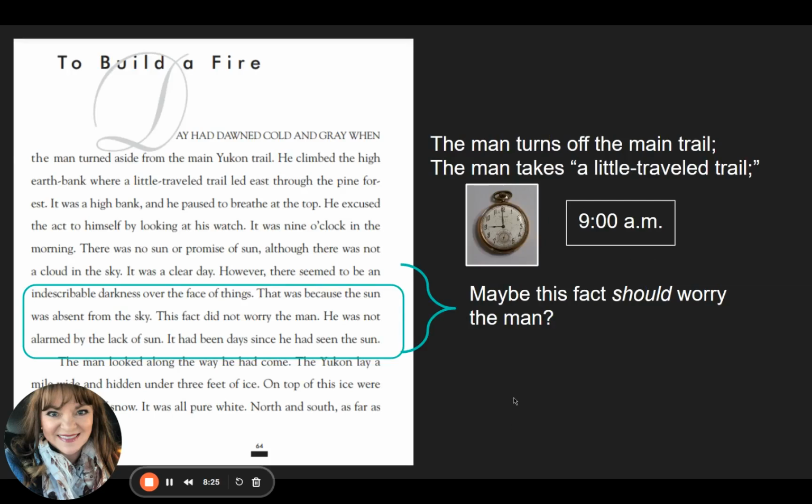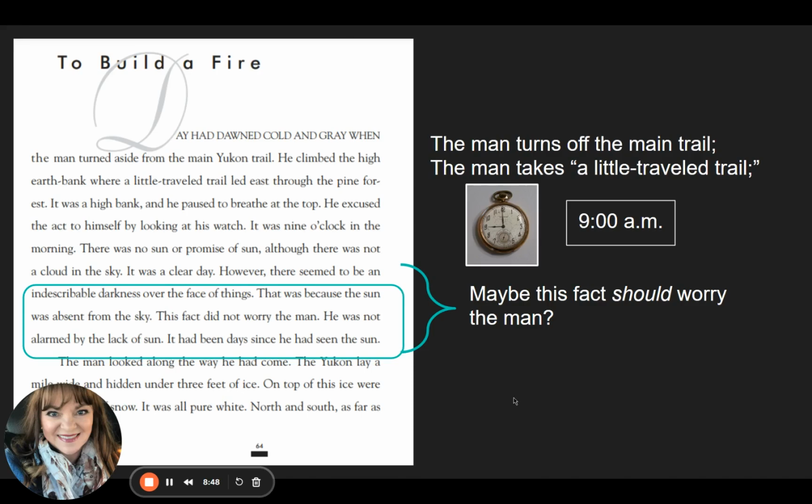Sheesh, we're already 8 minutes in and I haven't even started the story. But that's okay. We need a lot of front loading for the story, and you needed to know what my expectations are. You're going to notice that I made notes here, and that's just part of my close reading and annotating. Hopefully when you read the story, you made annotations as well.